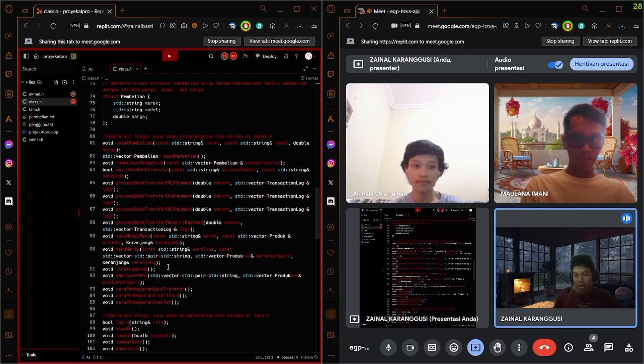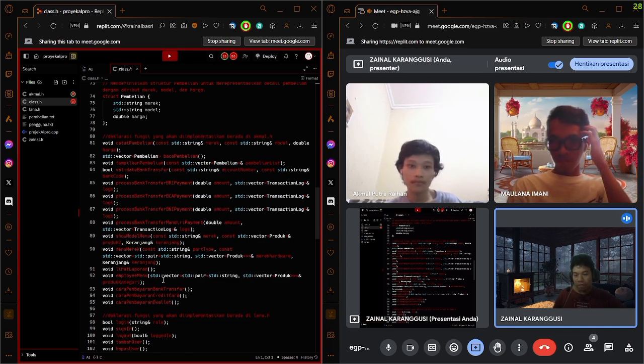There's void menu merek, which shows the menu of the merek, and void laporan to view the purchase report, void employee menu, which displays the menu of employee, and void cara transfer bank.